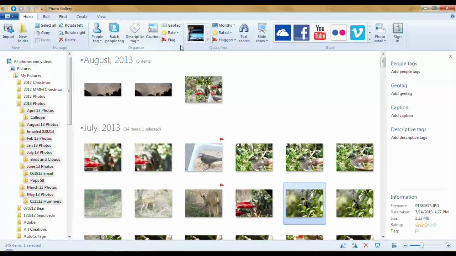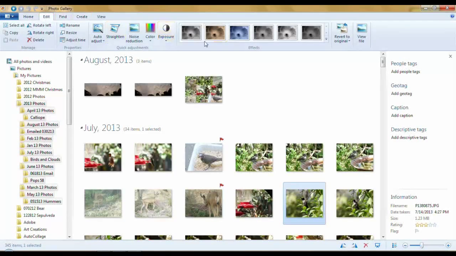The Organize section with all the ways of tagging. There's a Quick Find section. I generally like to come up here and use the Find tab, making a slideshow, uploading, photo email, which is cool. You can send the photos in an email, or you can send them as an attachment. Next, we have Edit. You can do some photo editing right here in Photo Gallery, and we'll be doing that when I show you how to make a panorama in the second part of the Photo Gallery